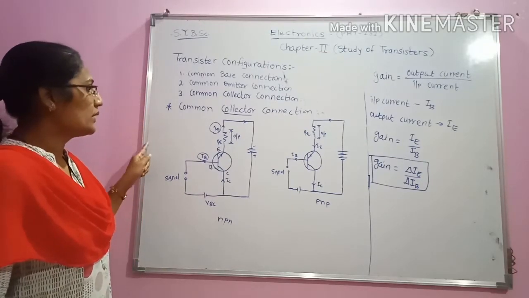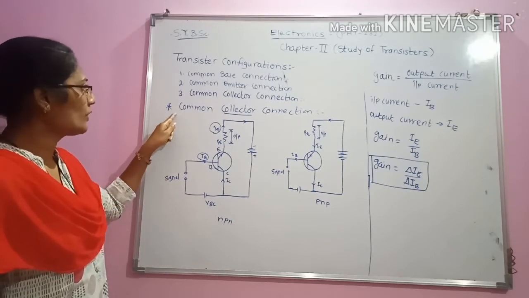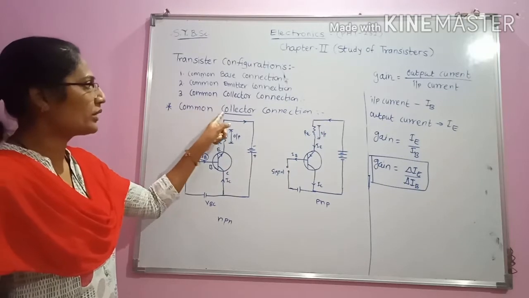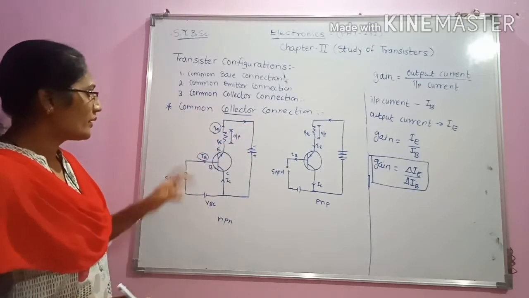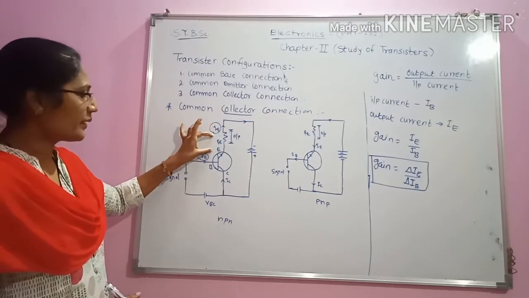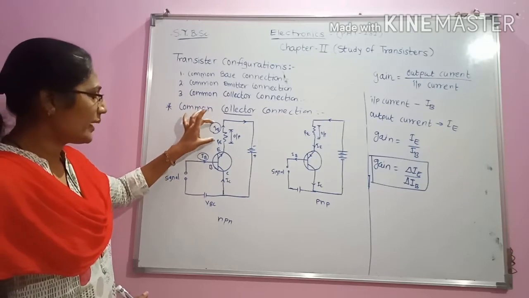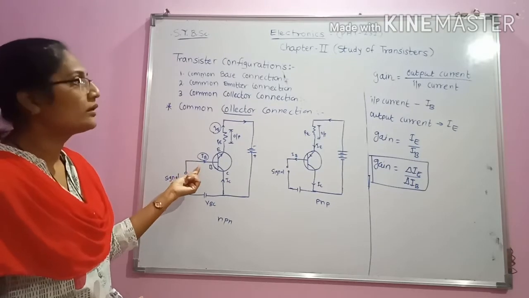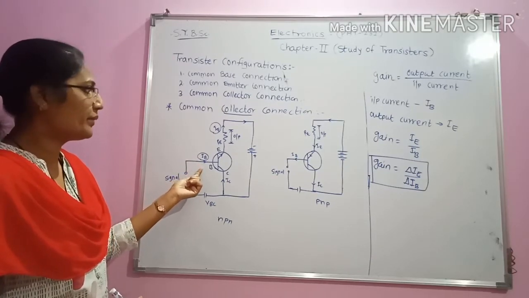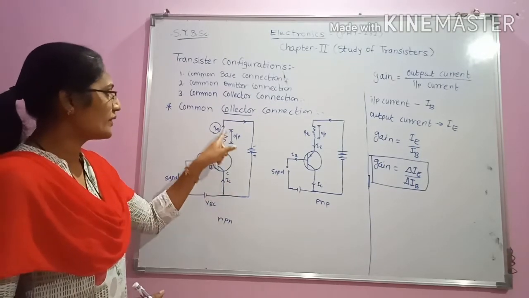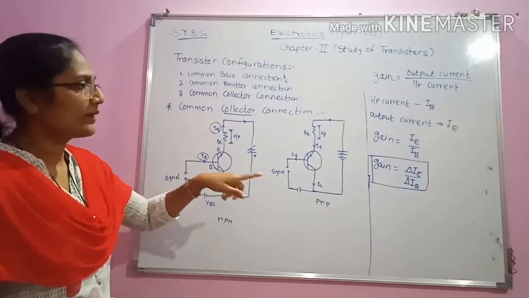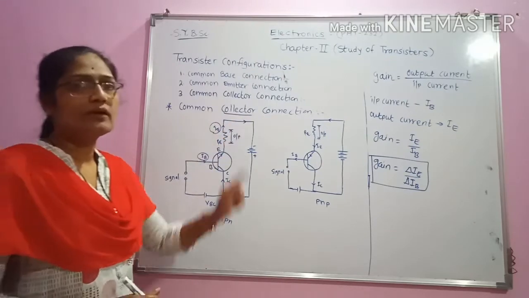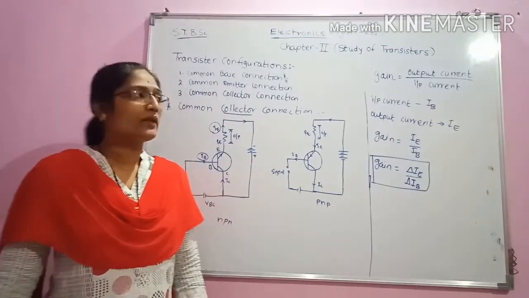So we will see here what is common collector connection. In case of common collector connection, the resistor is kept or applied across the emitter junction, and the input current is given by IB and output current is given by IE, and their ratio is nothing but the gain of common collector connection. Students, in this way,